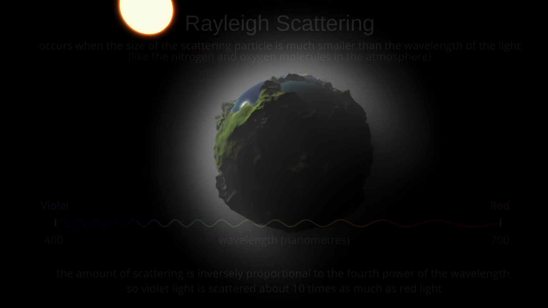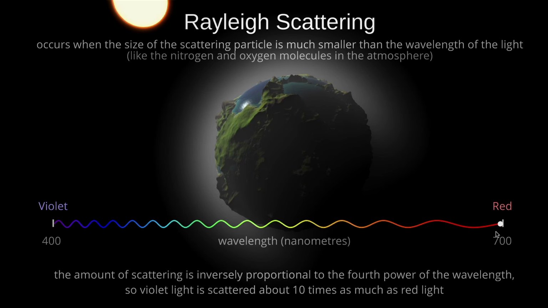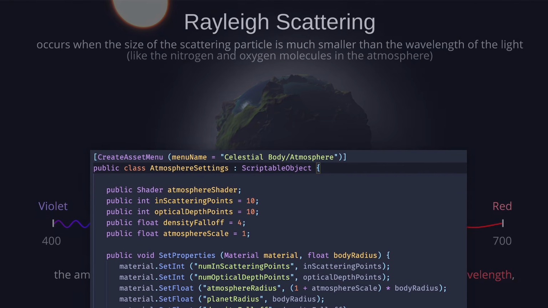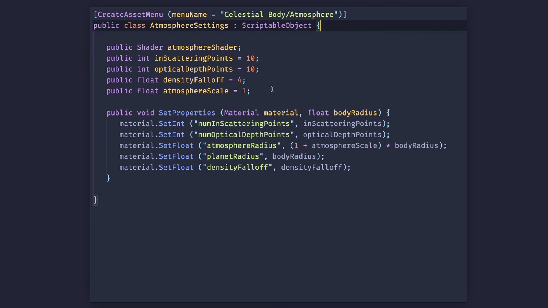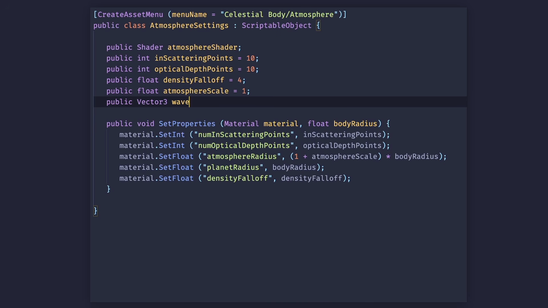We need to form our image out of red, green and blue, so let's get a rough idea of those wavelengths. Red is around 700 nanometers, green maybe about 530, and blue let's say 440. Remember also that the amount of scattering is inversely proportional to the fourth power of the wavelength. So I have this atmosphere settings script which is responsible for sending settings over to the shader, and in here